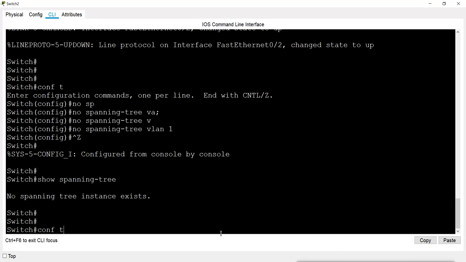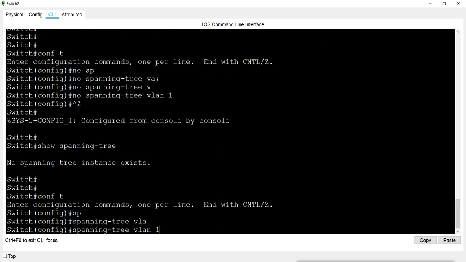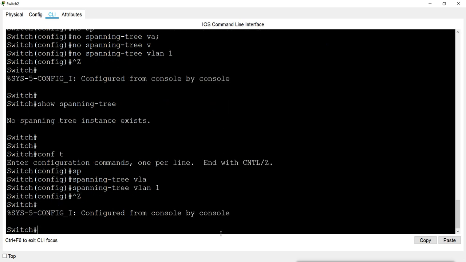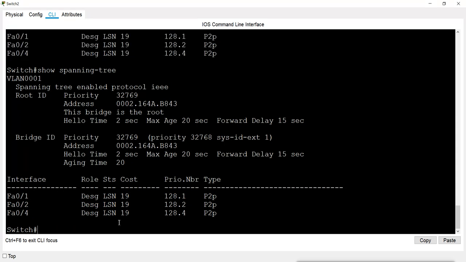And after that, they will start STP and decide the root port and designated port. Now you see they are in listening state. And then after that they will go to the learning state. Now they are in learning state.